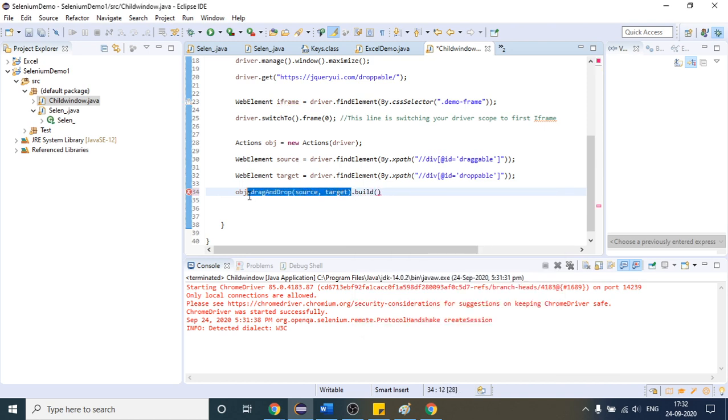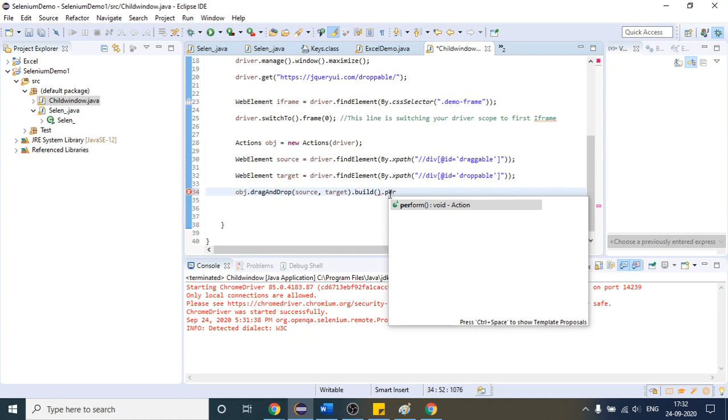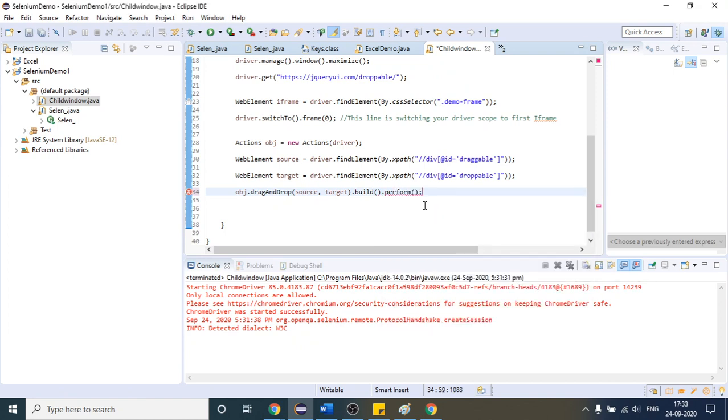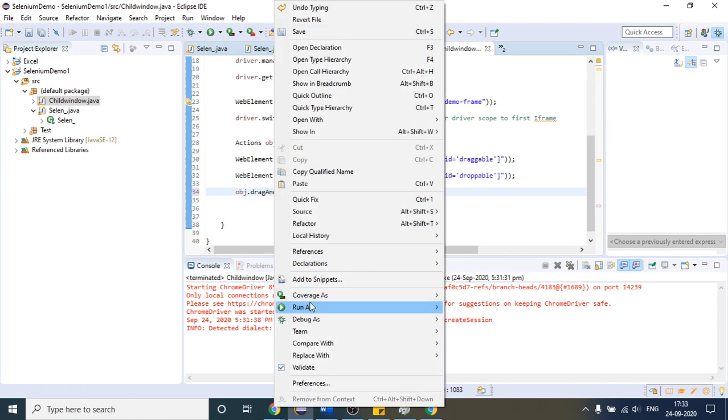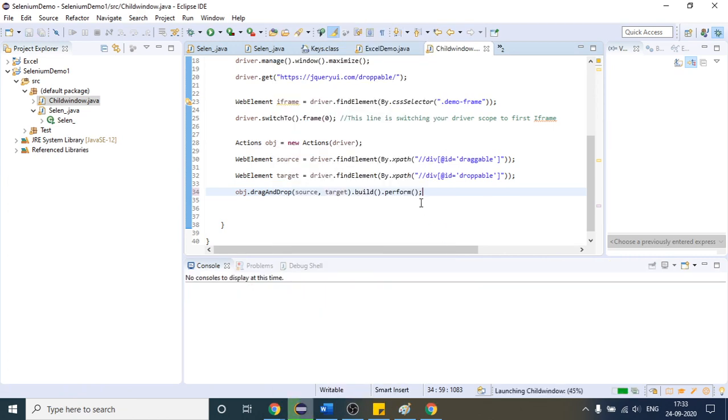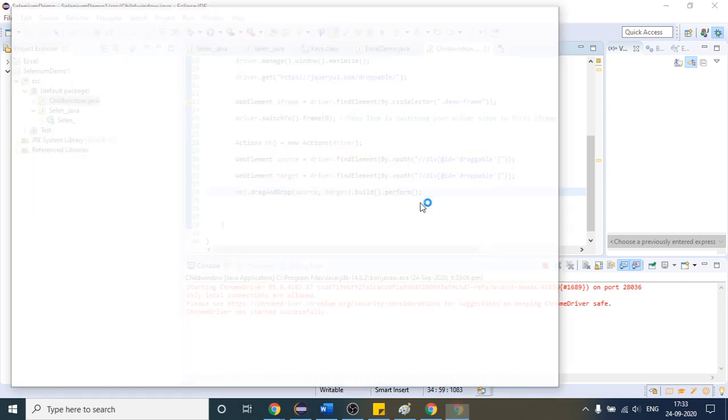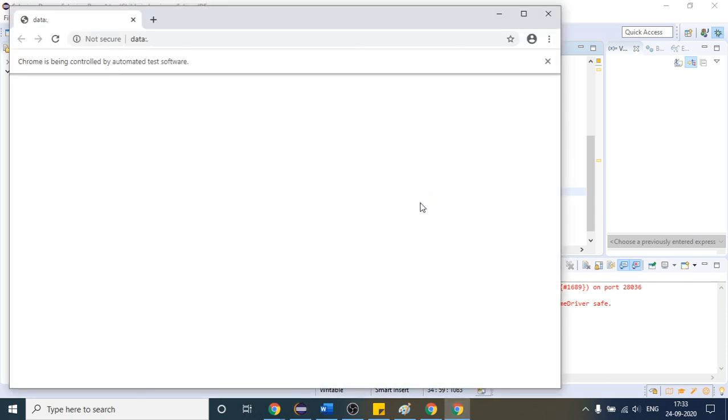After that there is one more method, perform, which performs the action you have provided. If you do it like this, this time it will perform the required action, that is, dragging the source element to the target element.